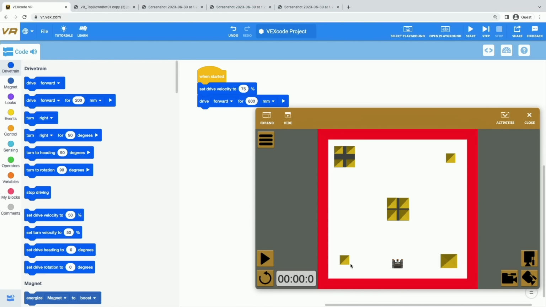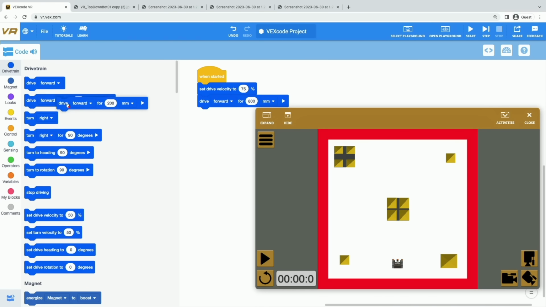So I'm going to reset my field here, and you'll notice every time we reset it, it automatically goes back to this camera view, and that's fine. This is a great place to plan our projects. So now we've driven our robot forward. We know it's landed about here. Well, if I want to bring it back to the start so that I can get ready to crash these 2 castles down here, then I need another block in my project, right?